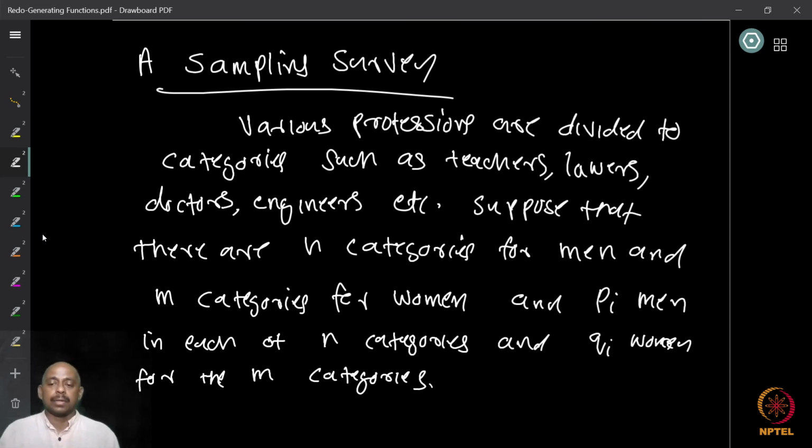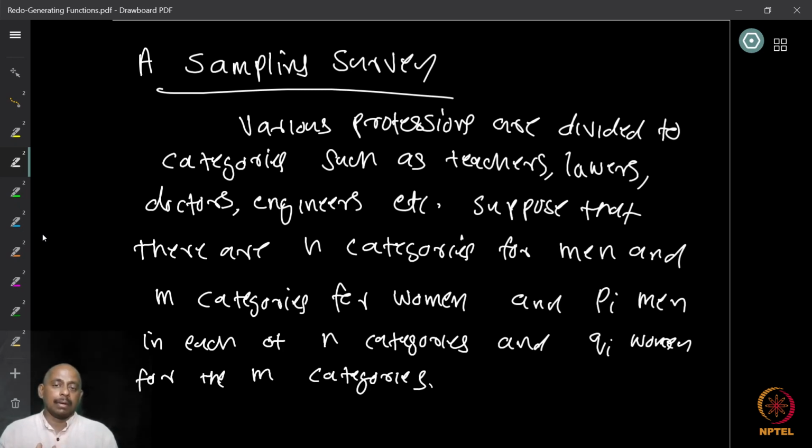Here is another example. So here you have an example of a sampling survey. So what is the sampling survey? There are various professions of people. We have divided the professions into different categories, such as teachers, lawyers, doctors, engineers, farmers. All these kinds of professions are listed, and then from each of these n categories of people,